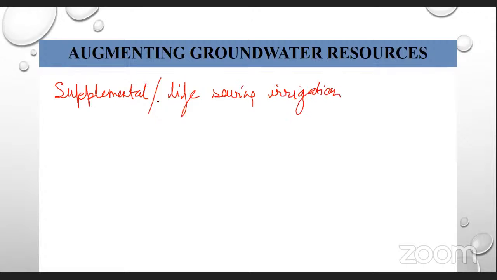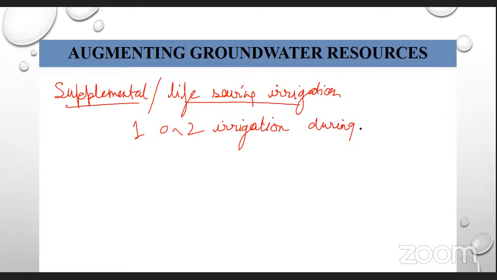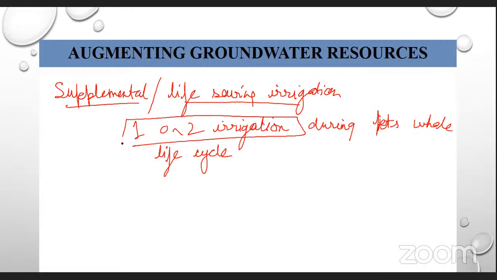This supplemental or life saving irrigation simply means that one or two irrigations we are providing to the crop during its whole life cycle. And this one to two irrigations we are providing